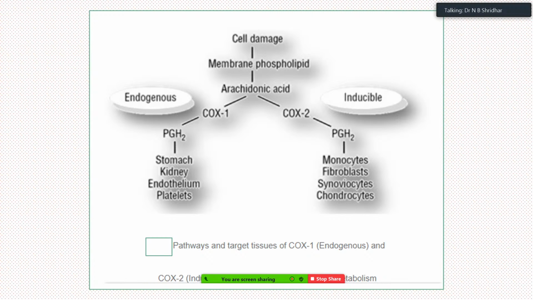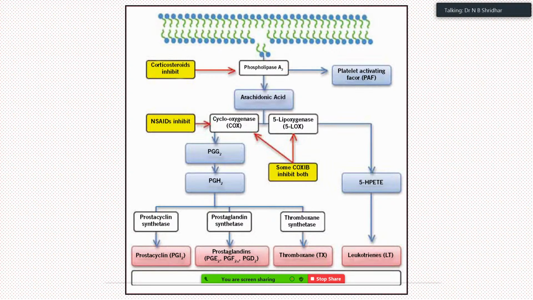In every cell this is happening whenever it is subjected to damage. Once again, please remember phospholipase A2, which converts the membrane phospholipids to arachidonic acid, and corticosteroids are the ones that inhibit this pathway. Hence, corticosteroids are also anti-inflammatory agents. And platelet activating factor: phospholipase A2 leads to PAF, platelet activating factor. This is also inhibited by the corticosteroids, whereas it is not affected by NSAIDs,